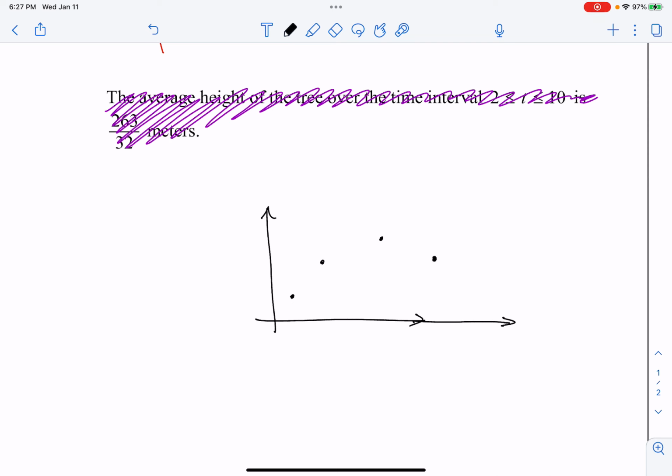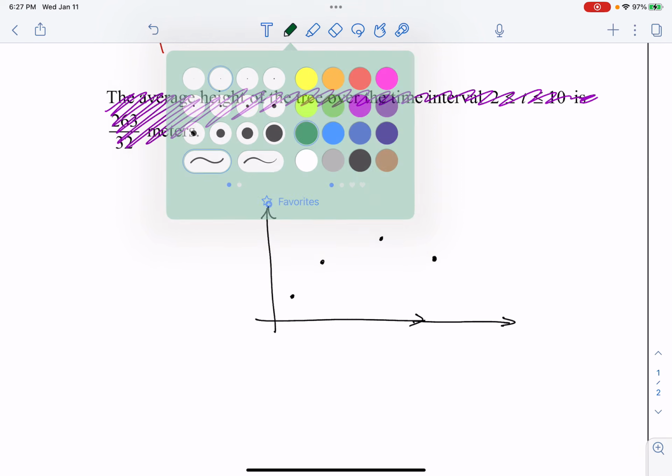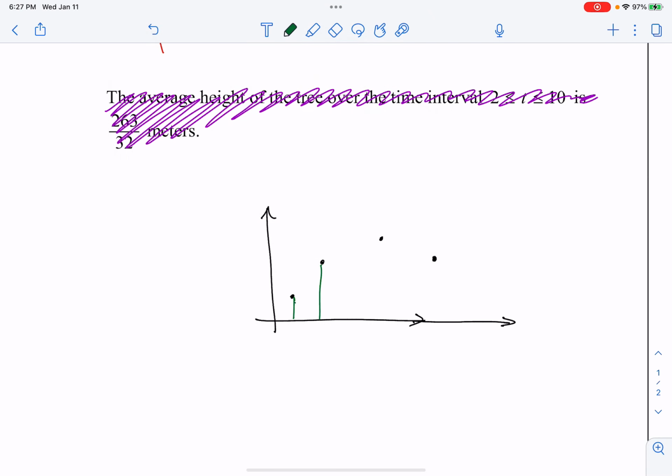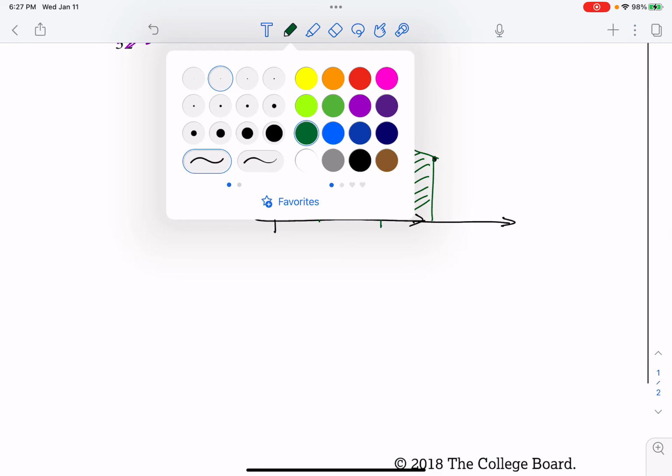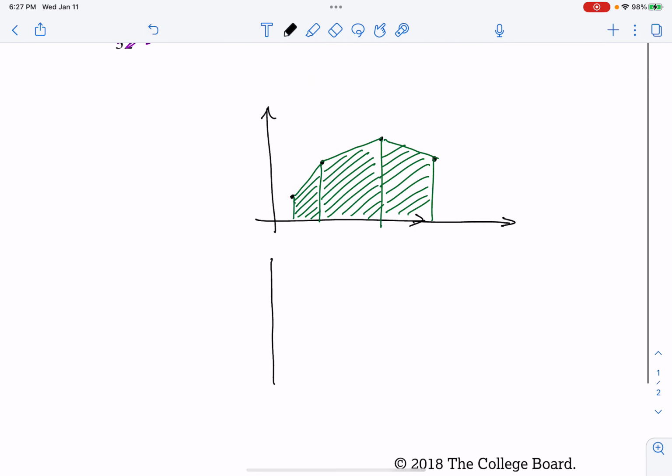So for a trapezoidal sum, you would still create the subintervals. Right, so we just draw a line down from each of those, but then you would directly connect these points. You would do something like this, and you create these little trapezoids, right? So if you were given raw data, this is sort of the way it might look, but you could also do trapezoidal sums for any generalized function, right? So if I had some sort of squiggly-like function like this,